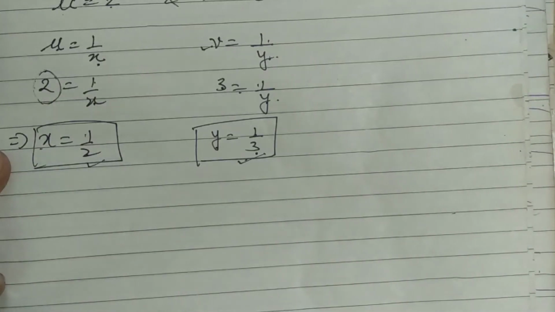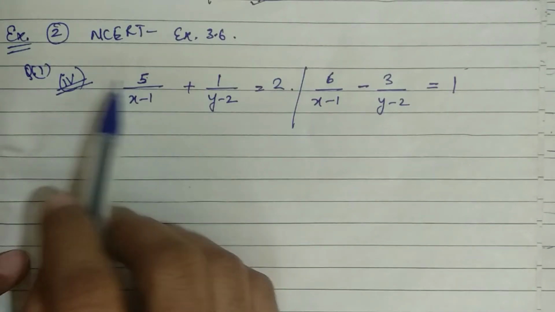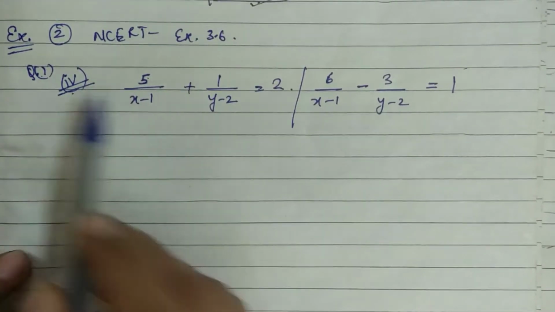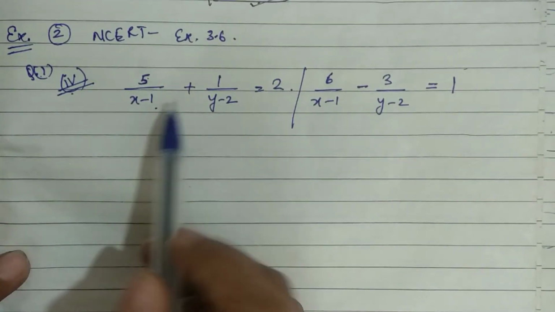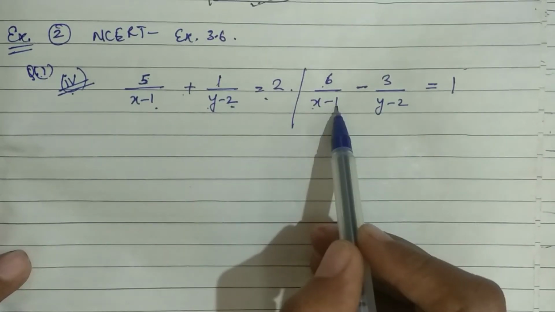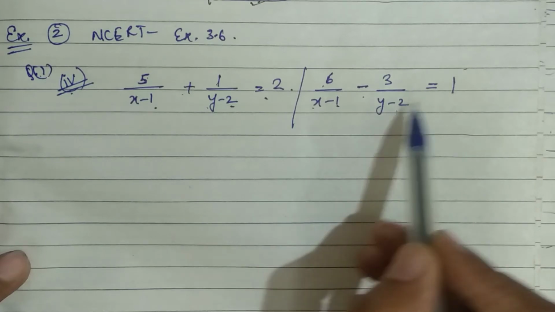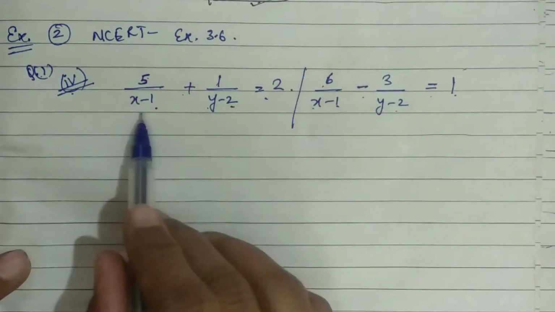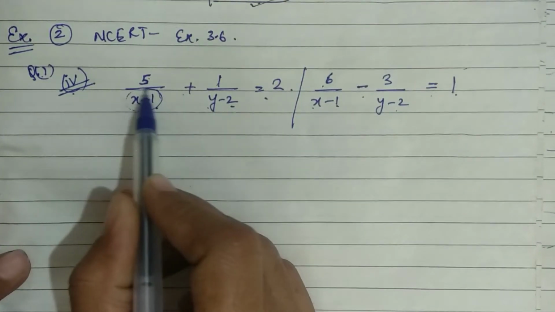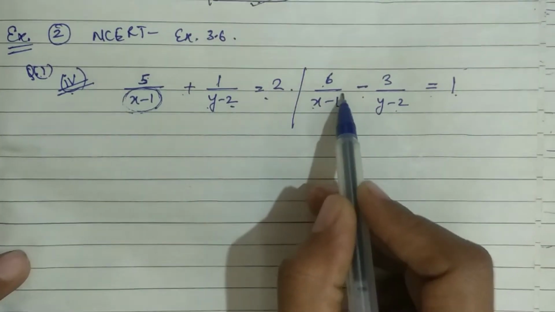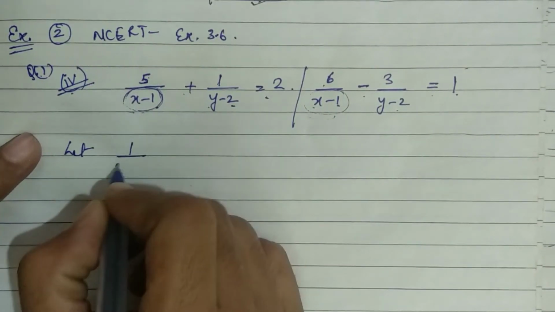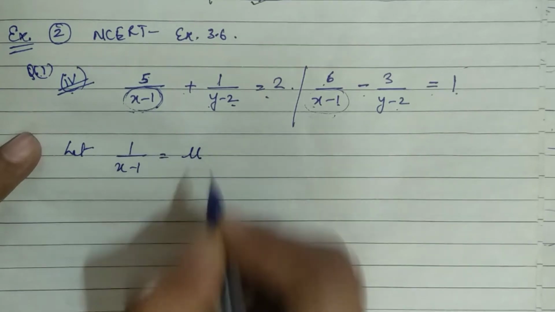Now let's see another example. Next example, NCERT exercise 3.6, question number 1, fourth part: 5 upon x minus 1 plus 1 upon y minus 2 equals 2, 6 upon x minus 1 minus 3 upon y minus 2 equals 1. When you see these equations, what is the common value? In the LHS, x minus 1 is there. So first we suppose let 1 upon x minus 1 equals u